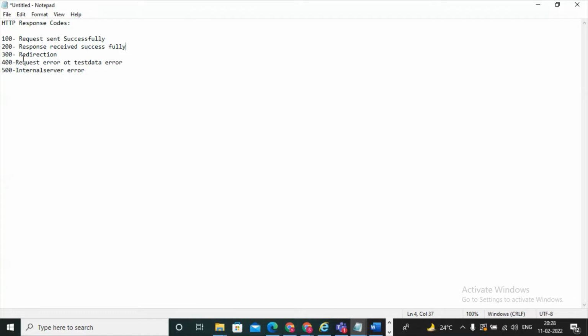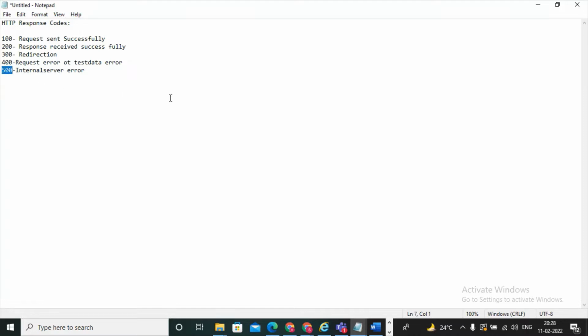The fourth one, 400, is a request error. We are passing an invalid request, so this will be our point issue only. For example, we did parameterization and made a mistake. That is a request error. Test data means the data you are passing is wrong. And 500 means it is a completely application error.